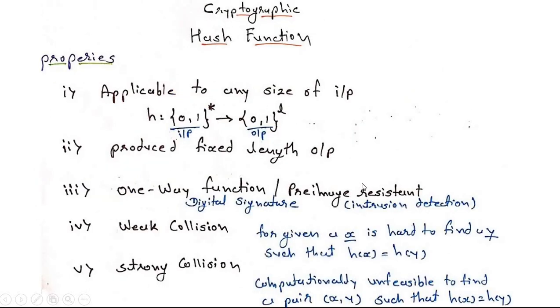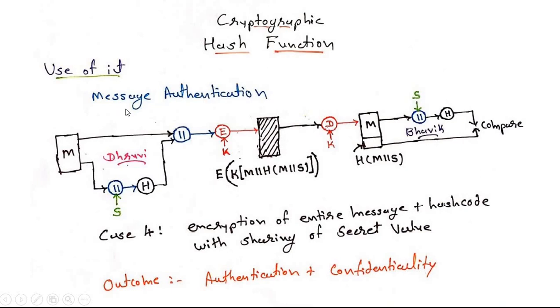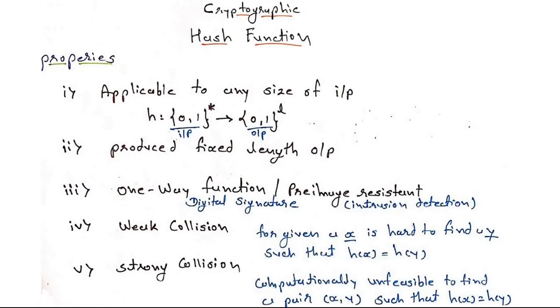So let's see now, after discussing this 4 case, we have discussed message authentication. Same thing, we can apply the cryptographic hash function on digital signature also. So for the digital signature we can generate 2 more cases. So a total of 6 cases can occur, 4 for message authentication and 2 for the digital signature. Right now we are going to discuss the properties of the cryptographic hash function.